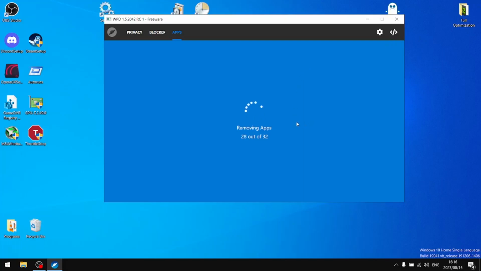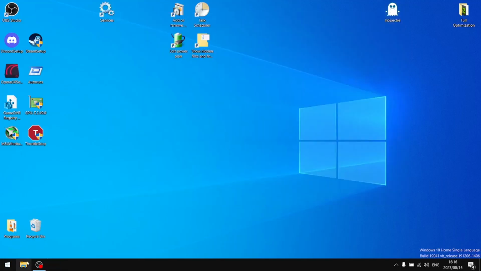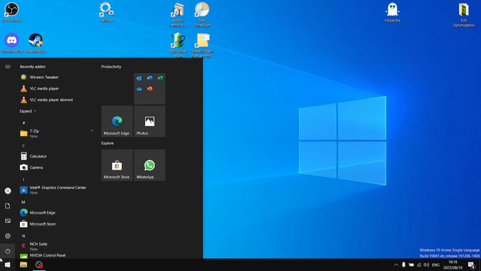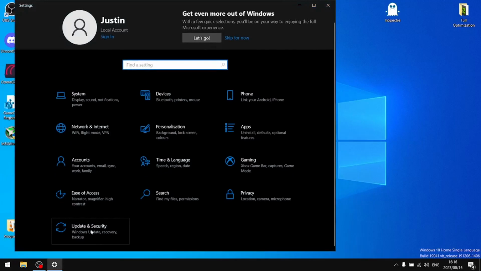We're almost done, guys. Okay, we're done with Windows Privacy Dashboard. So I'm just going to go straight into Windows settings now. So I'm going to show you how to optimize Windows settings. And we're going to start from update and security, work our way back. All right, just quickly, before we even get to that, I'll just show you in